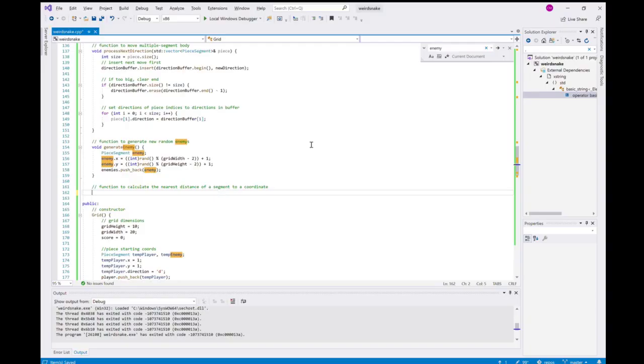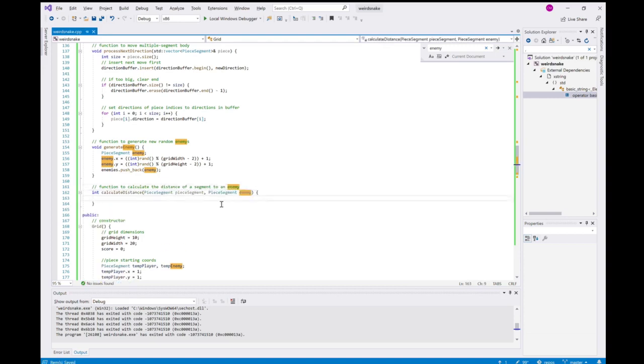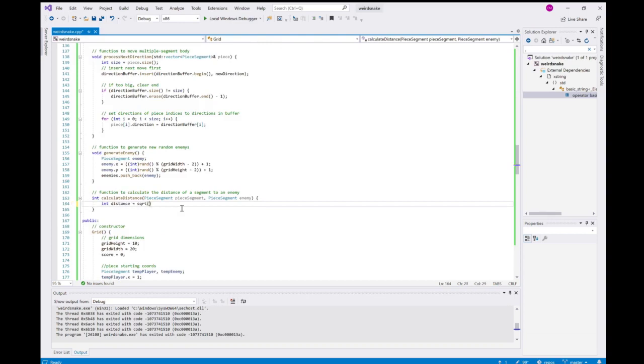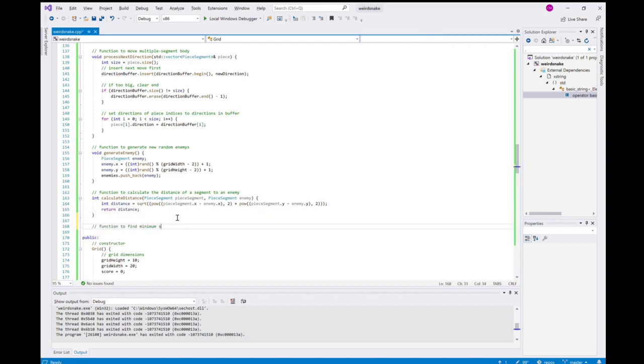Now the enemy needs to try and eat us, so it needs to reach us. It does this by a pretty simple algorithm that finds the closest segment of the snake to an enemy, by Pythagoras, and looks at the difference between the X and Y coordinates of the snake segment compared to its own. It always moves to try and reduce the magnitude of largest difference, so if the snake segment is really close in X coordinates, but really far away in Y, the enemy is going to move vertically to reduce this gap